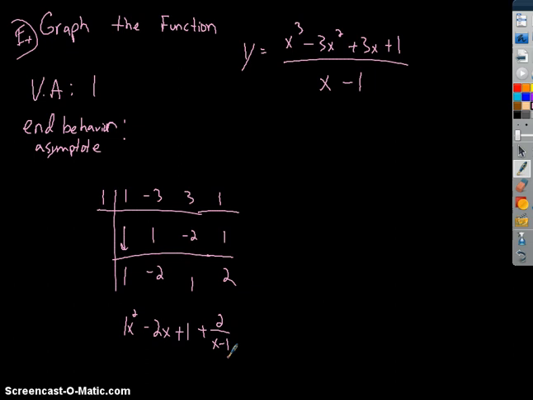So our end behavior asymptote is everything except the remainder. So our end behavior asymptote is y equals x squared subtract 2x plus 1. Meaning our asymptote is actually a quadratic equation. Our asymptote actually should look like a quadratic equation. So when I graph this,